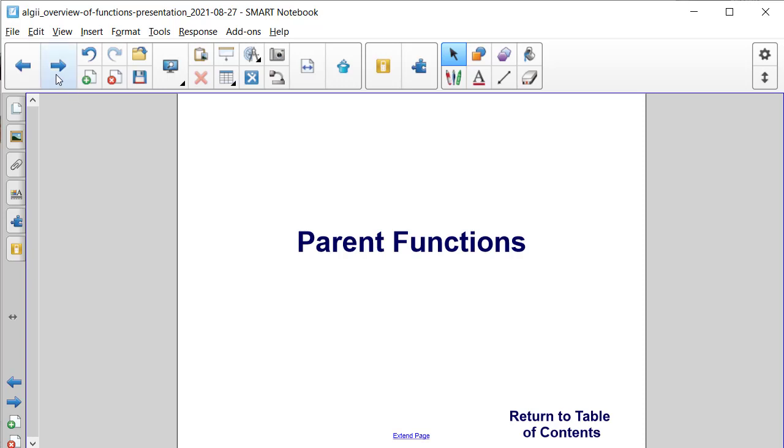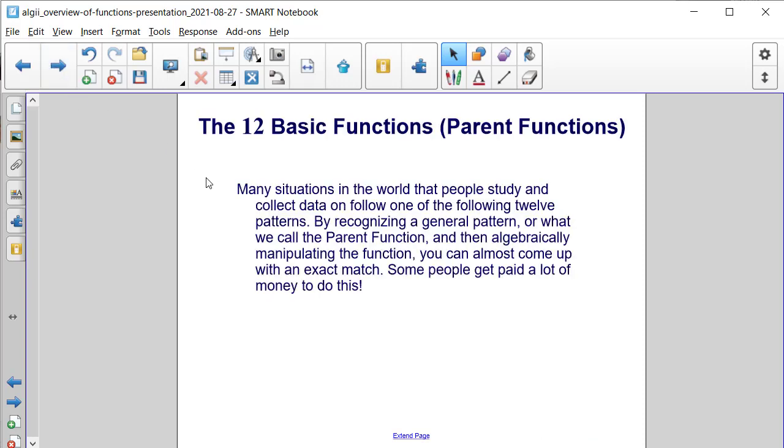Parent functions. The 12 basic functions, or parent functions. Many situations in the world that people study and collect data on follow one of the following 12 patterns. By recognizing a general pattern, or what we call the parent function, that can model the situation, and then algebraically